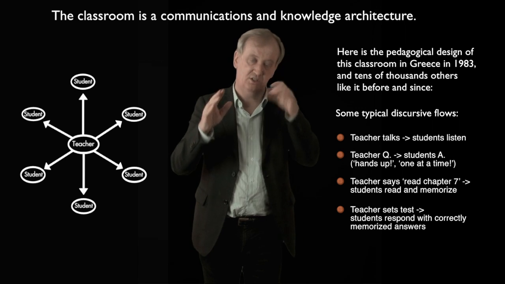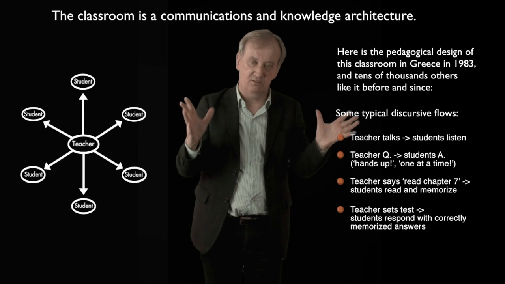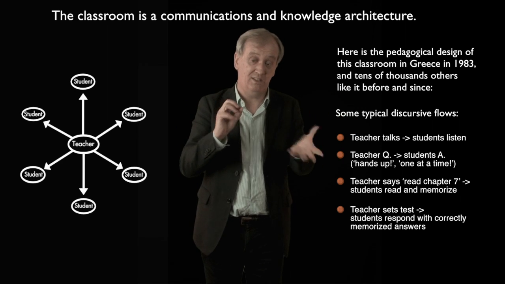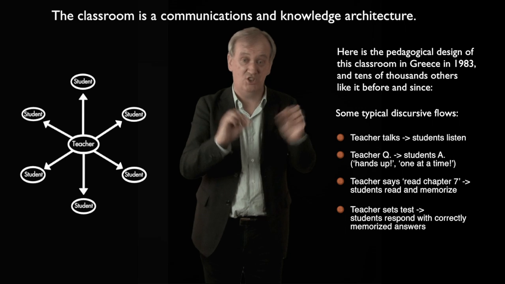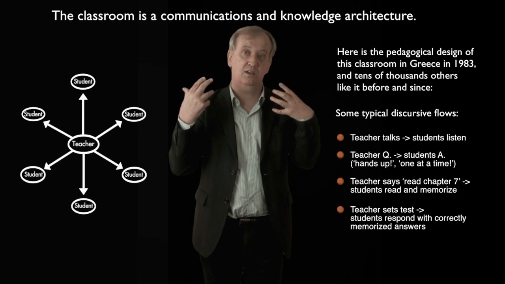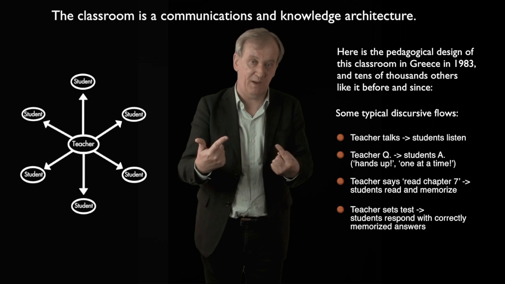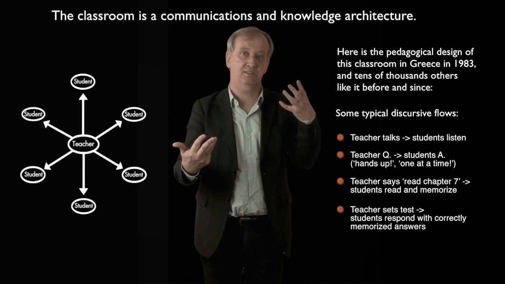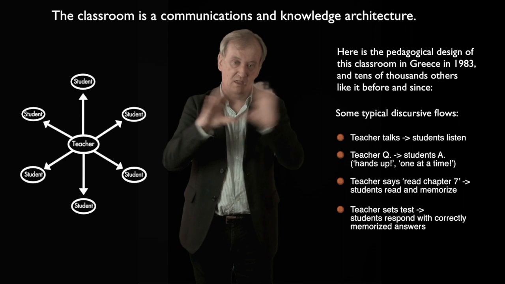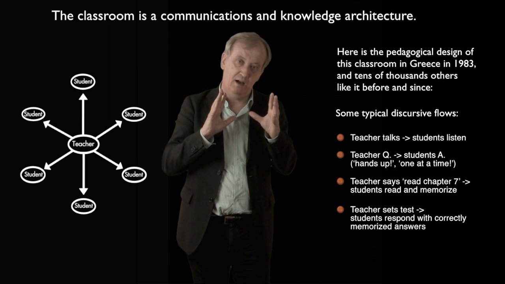And don't forget there are those three layers: the physical architectural layer, which is the desks in the room. By the way, at a very delicate level, that includes human gestures in that space. There's the communications architecture around discourse patterns, and then there's the epistemic architecture around knowledge transmission and memory work. So they're the three dimensions of this space. Now, in the next